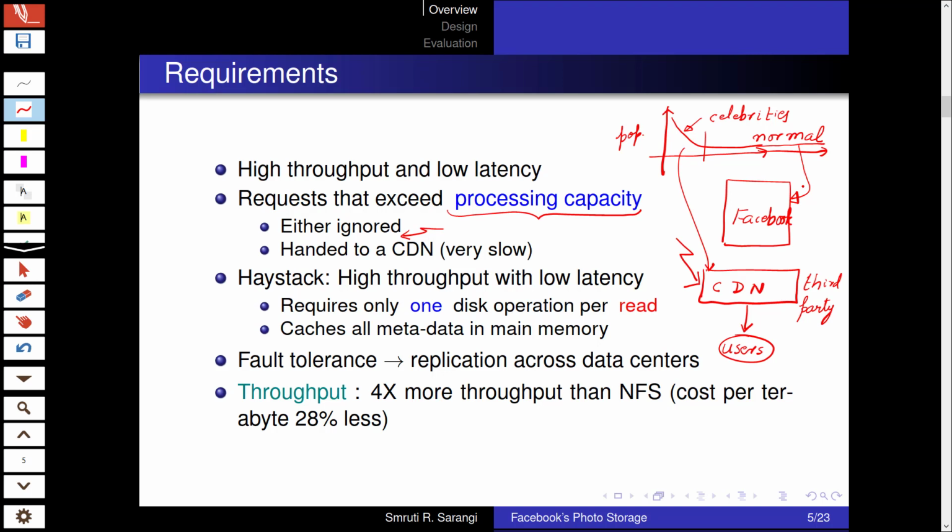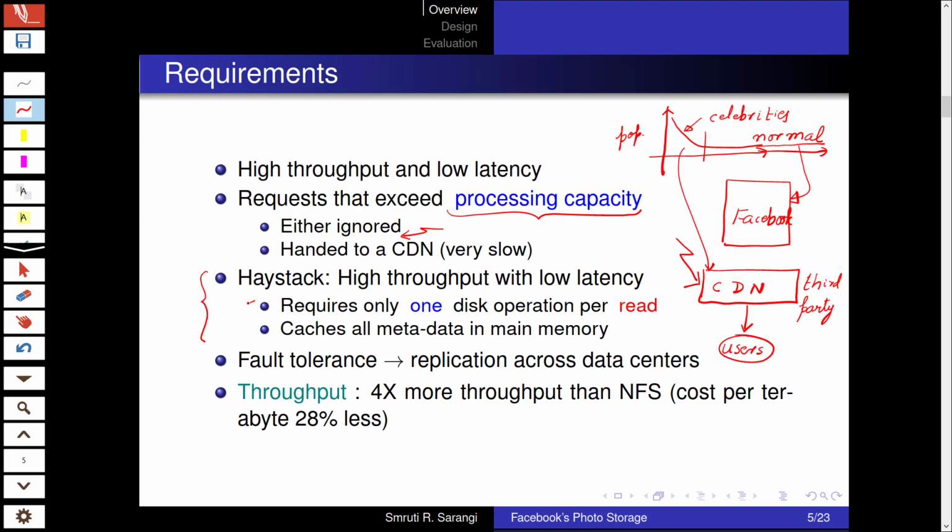So this is the two-layered structure of Facebook and CDN, where the CDN is third party, as I said, like Corona or Akamai, which serves the more popular Facebook pages, of course. But we need Facebook's indigenous Haystack system for the rest of the requests, and they have to be served with a high throughput and a low latency.